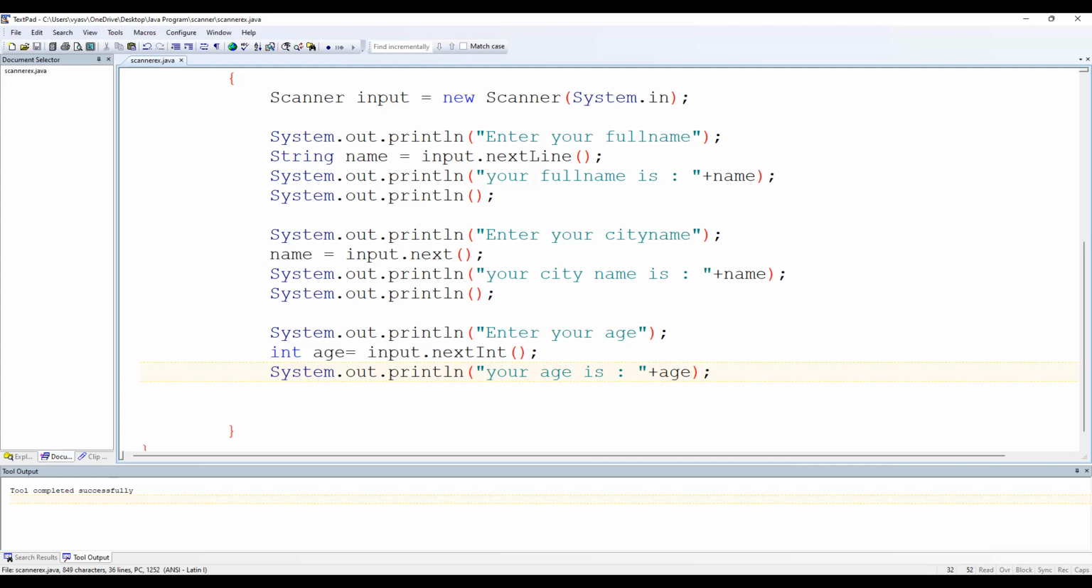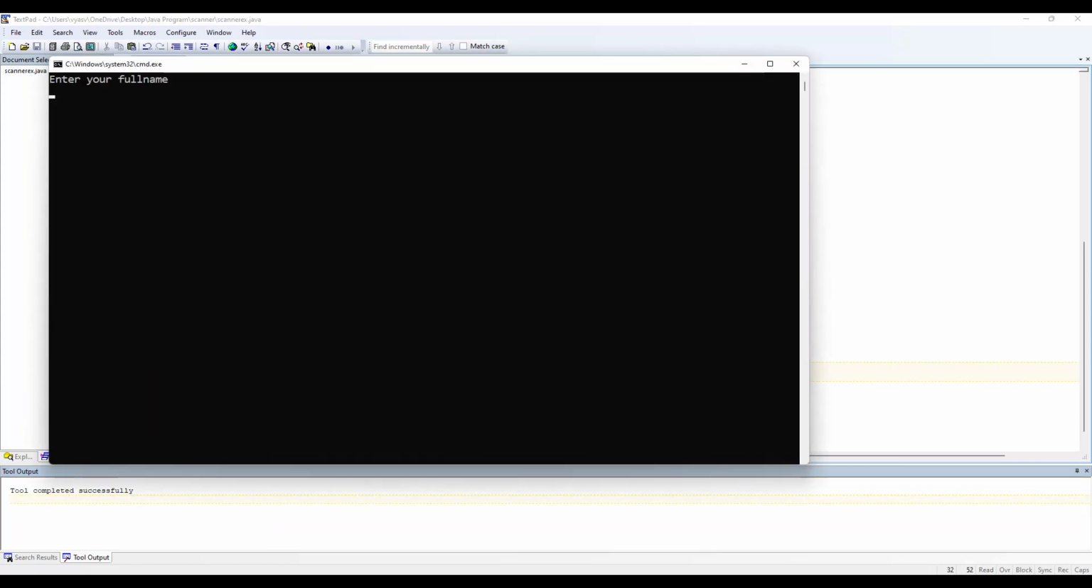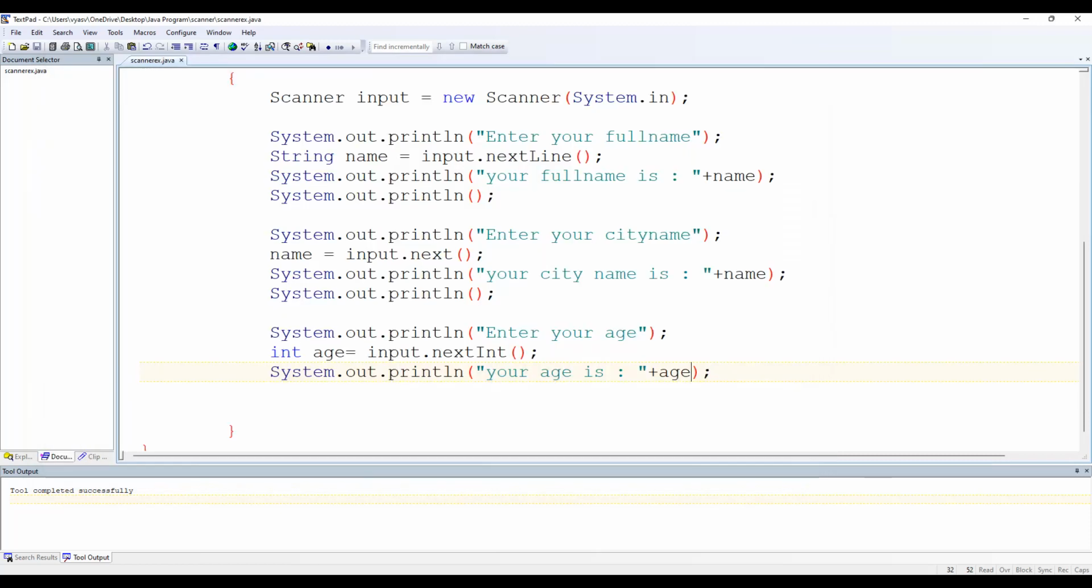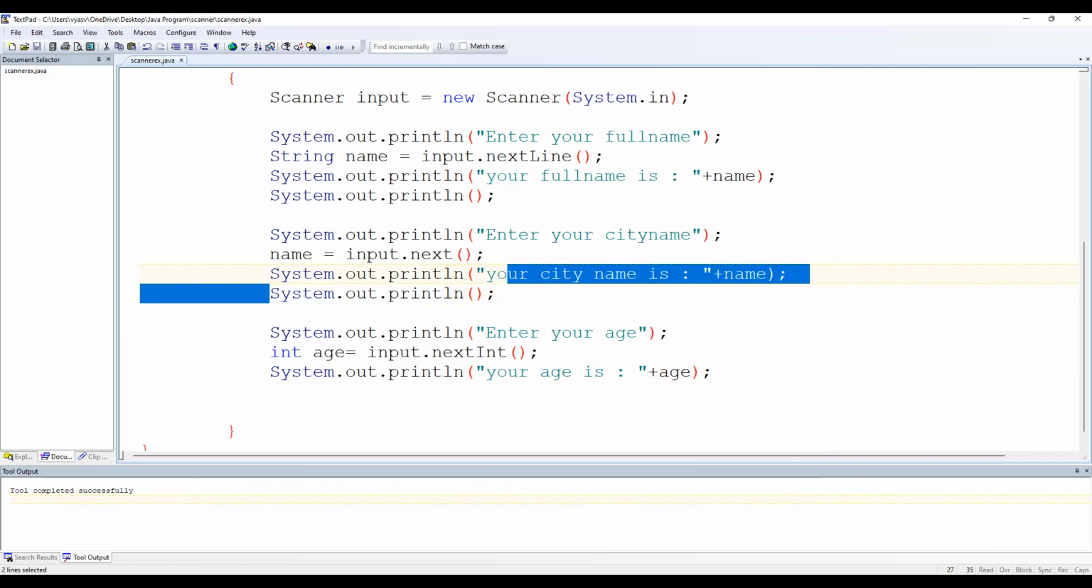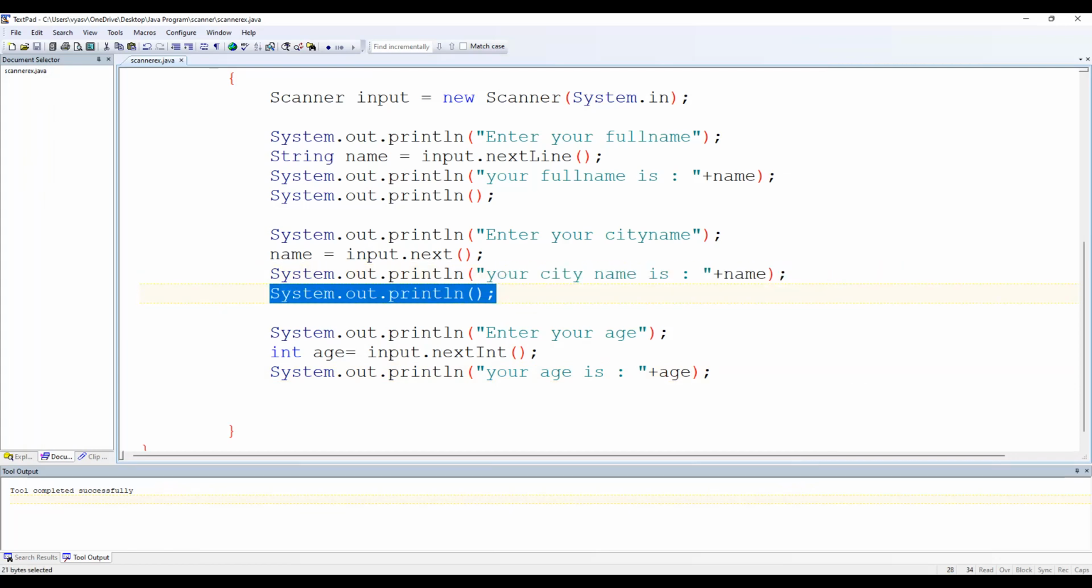Save this, compile this and run this. So give Vivek Vyas, city is Baroda, and here it is asking for age, say for example 20. So it prints the integer value. Okay, like that also. Let's give one blank line over here,